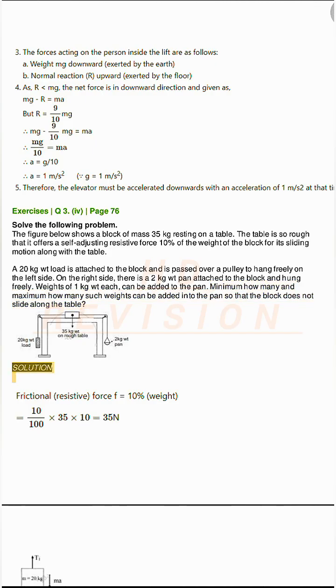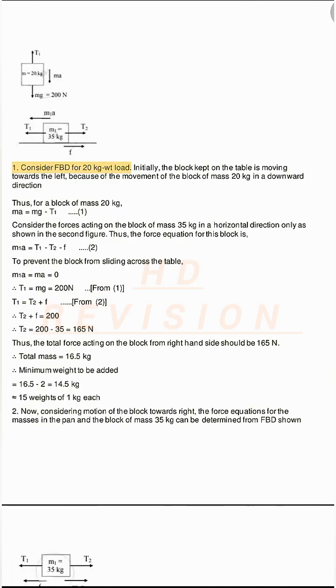Solution. 1. Consider FBD for the 20 kg Wt load. Initially, the block kept on the table is moving towards the left, because of the movement of the block of mass 20 kg in a downward direction. Thus, for the block of mass 20 kg, ma equals mg minus T1. (1) Consider the forces acting on the block of mass 35 kg in a horizontal direction only, as shown in the second figure. Thus, the force equation for this block is M1a equals T1 minus T2 minus F. (2)